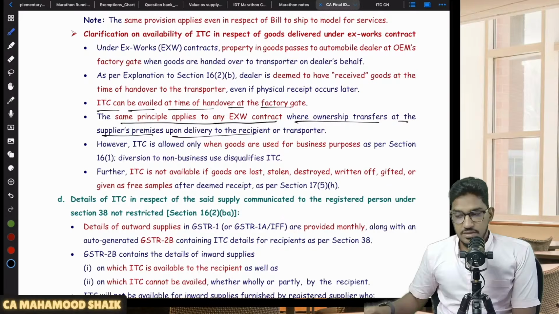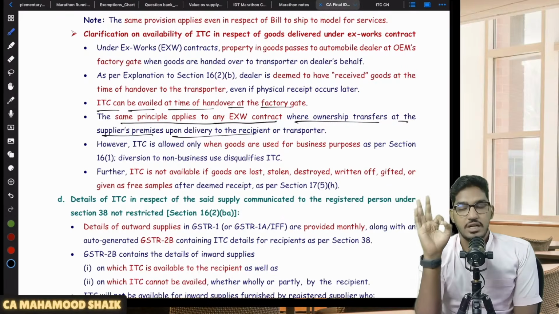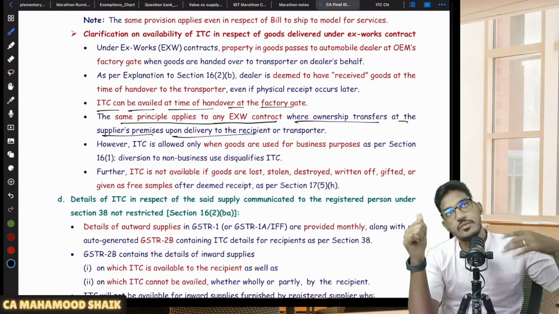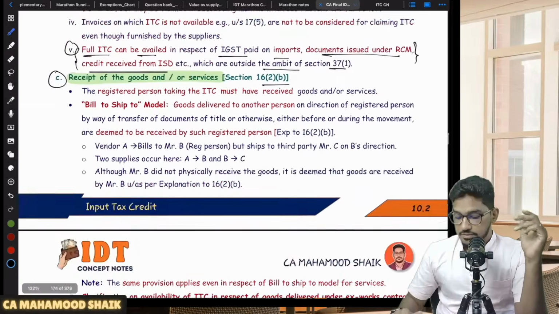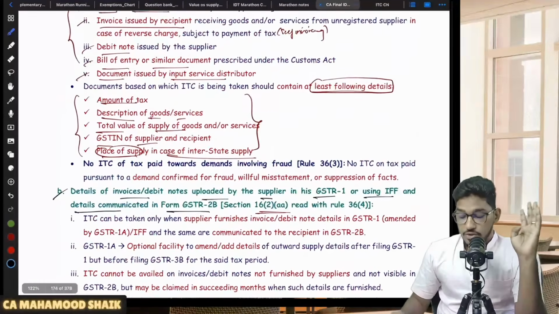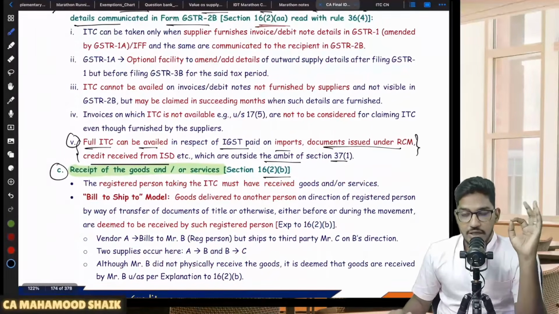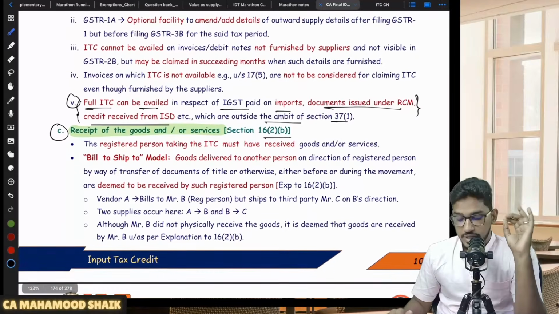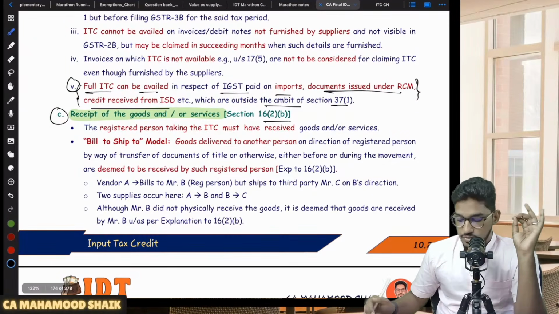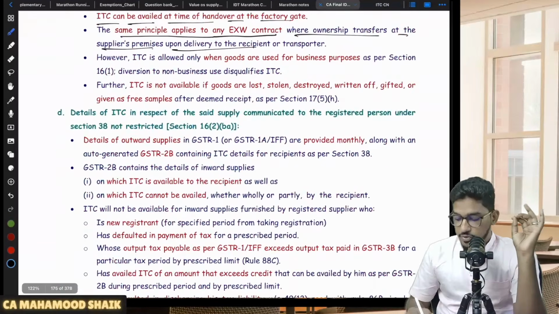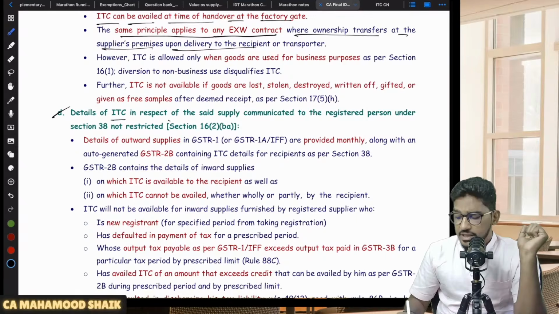So this is regarding the third condition. How many conditions have we seen? We have seen 3 conditions. Number 1, what is the first condition? The first condition says you should have a tax paying document. Number 2, that ITC should have been reflected in your GSTR 2B. Number 3, you should have actually received the goods or services. Thereafter, number 4, details of ITC in respect of the said supply communicated to the registered person under section 38